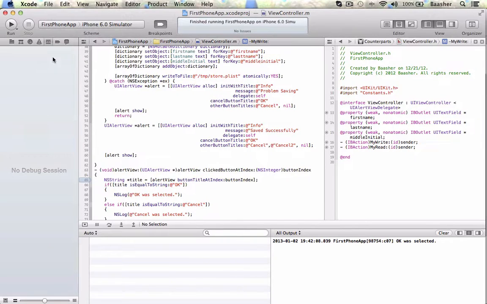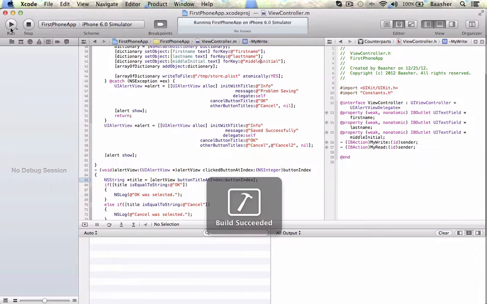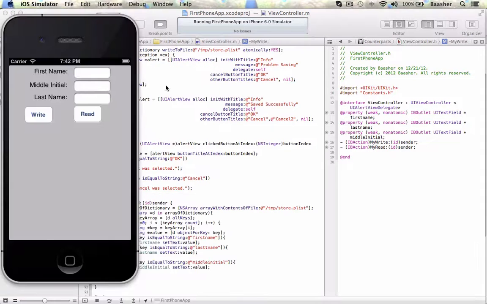To confirm it, I'm gonna stop it, run it again. When it comes up, I'll click on read. Okay, ready to try it. There you go. Bashir, middle initial and last name. So there you go. Now you have done this. See how you did it compared with how